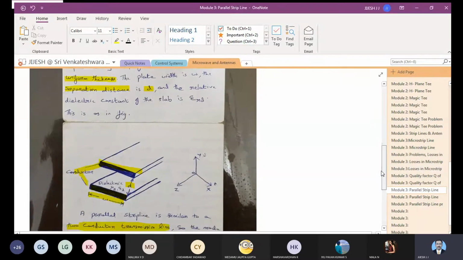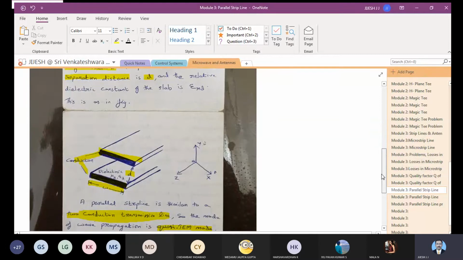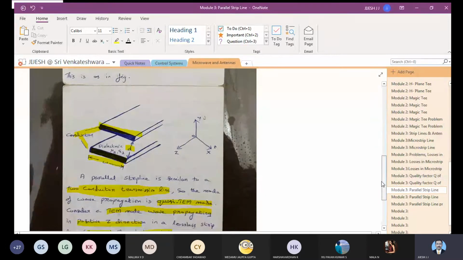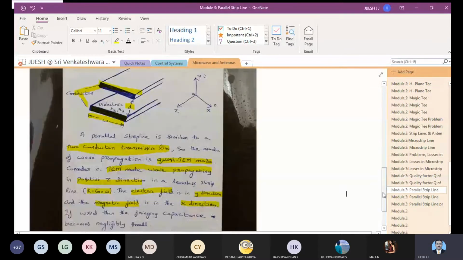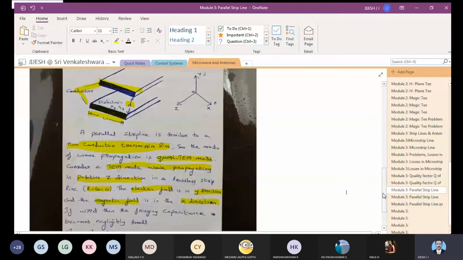I think all of you might have completed this diagram in the previous class. All of you have drawn this diagram. Have you all completed the diagram? See, respond. Have you completed the diagram in the previous class? Yes, sir. Okay, so we will continue further and see what the equations related to that are.